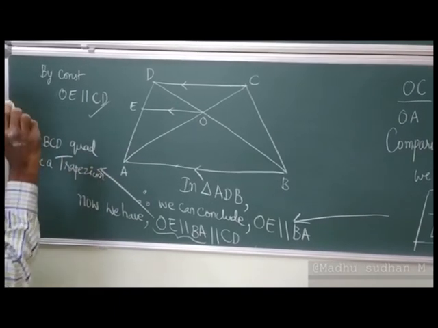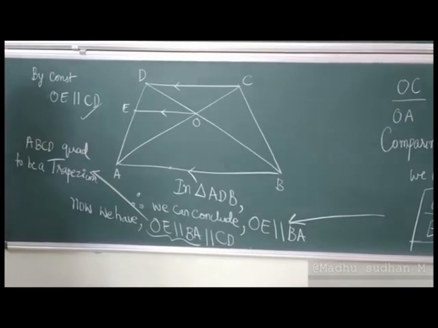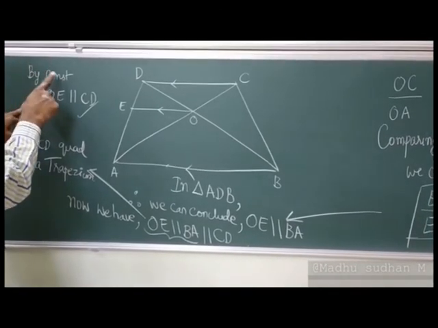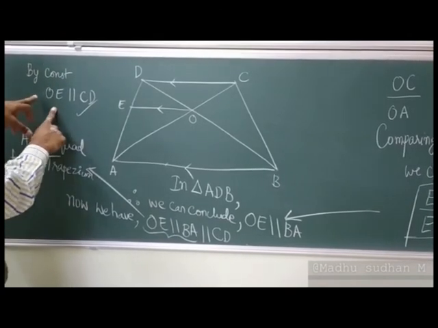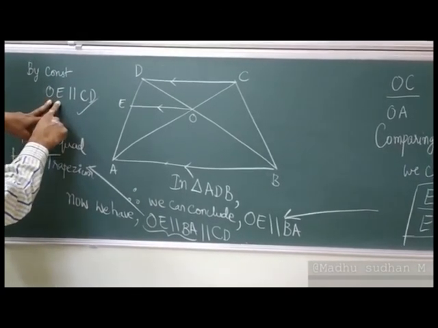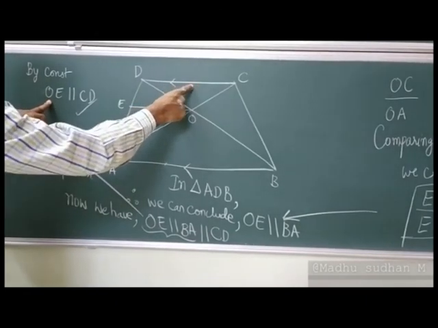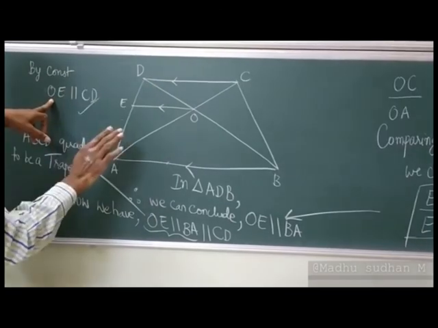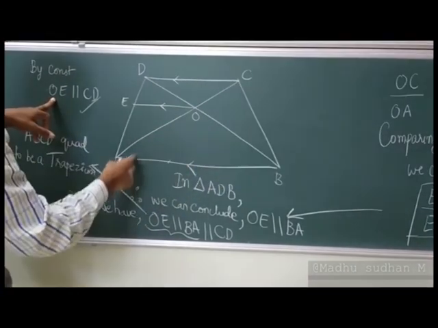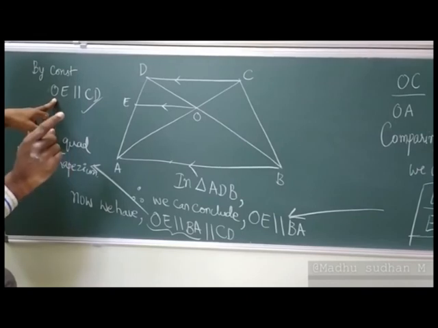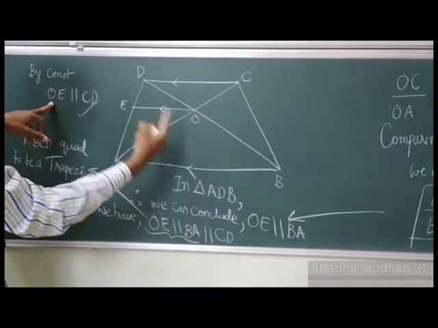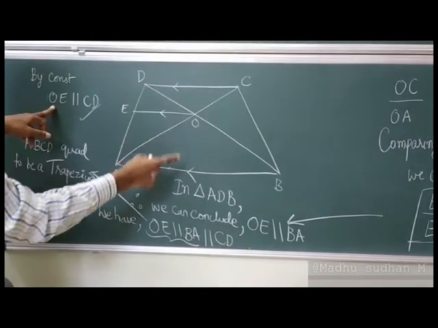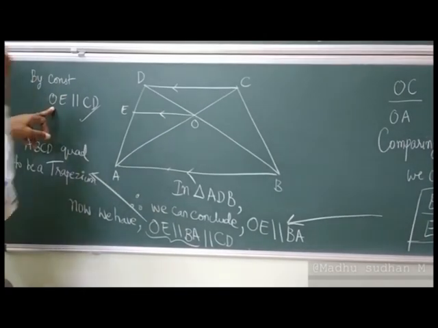Followed it? So please understand, whenever we write that construction part, it is a very important part. Either at least OE should be parallel to DC, not BA, or OE is parallel to BA, not DC. Then, proving the other side parallel to one more side, only then that kind of quadrilateral shall become a trapezium. Followed it?